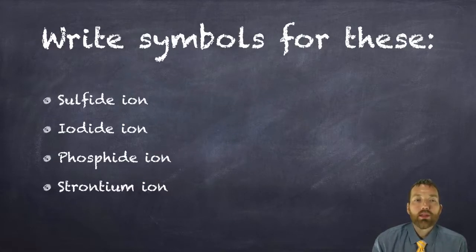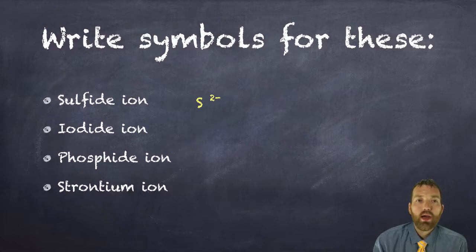Okay, we also need to go the other direction. So if I give you the names, you should be able to write the symbols. Go ahead and pause the video and give these a try. And when you're ready, unpause. Okay, so the first one's sulfide. That has its root in sulfur, so I'd write the element S. Sulfur is in group 16, so it would have to gain 2 electrons, so it would be a S2 minus